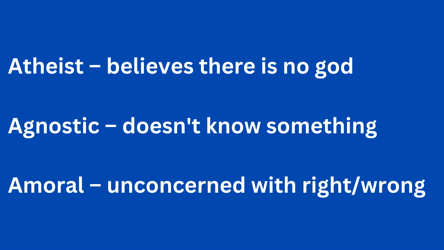And then finally, amoral. So if something is moral, or if someone is moral, they're concerned with what is right or wrong. But if something is amoral, it is not concerned with right or wrong. It doesn't regard that, or it doesn't even believe there is such a thing as right or wrong. So there are alpha privatives. The alpha deprives the noun of its sort of essential meaning by eliminating it, limiting it, or reducing its power or influence. If you're looking for some homework, go look for some other examples of alpha privatives in the New Testament.